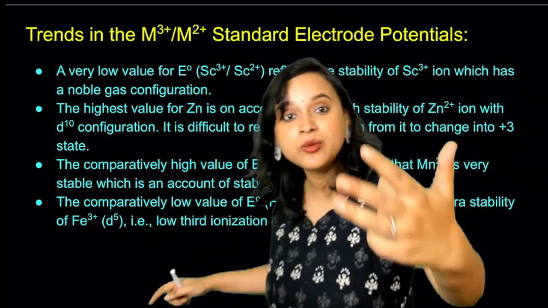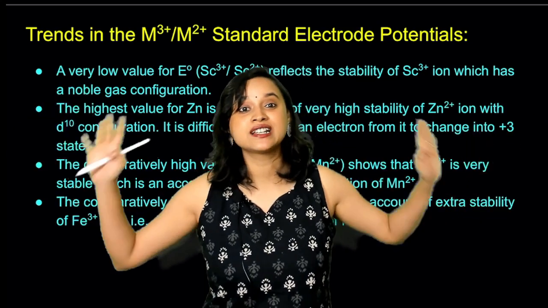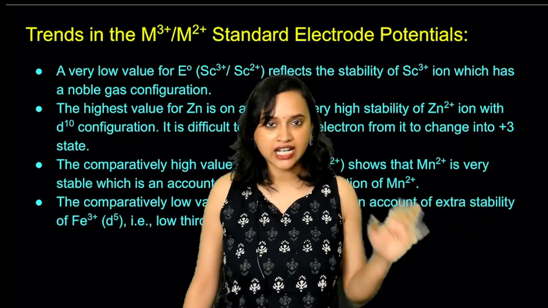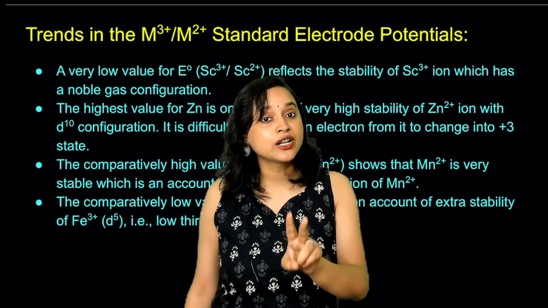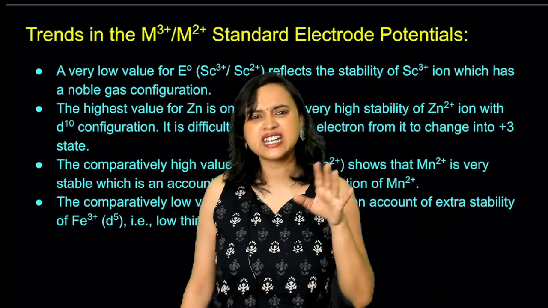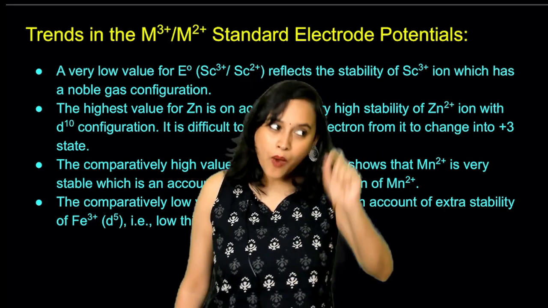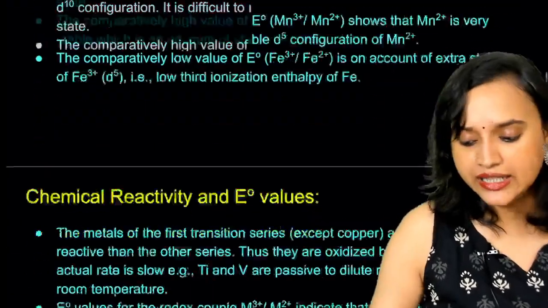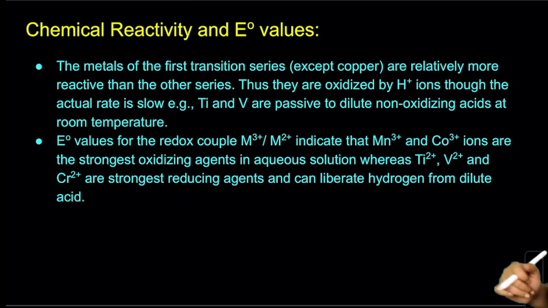But the opposite of it happens in the case of Fe. Iron, after giving away 3 electrons, is very stable. Now it has achieved 3d5. So iron, after giving away 3 electrons, is very stable and very happy. But after giving away 2 electrons, it is like, oh, I have 3d6. Not liking this. One more electron if I give away, I will attain the half-filled stability. So that is what iron does. Understood, everybody? Got it?